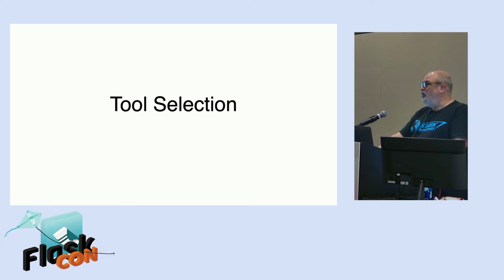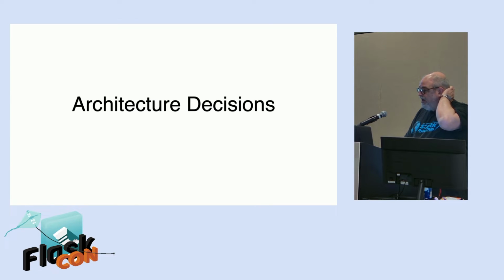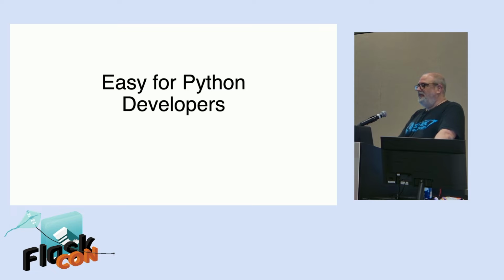So now that we had tools, we had architecture decisions to make, and these were probably the most important. If you've ever worked on a Python / single-page app JavaScript application before, there are mistakes that will be made. We've made them, I've made them, I'm sure you've made them, that you're like, wow, I wish it just wasn't this difficult sometimes. And so we wanted to take those things in and kind of have the experiences that we've learned. And one of the big things is that it needed to be easy for Python developers. We don't have a primary JavaScript developer.